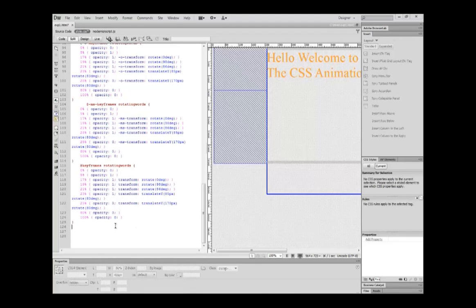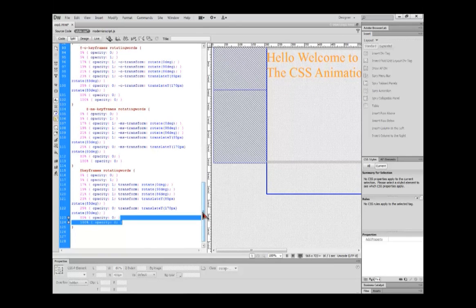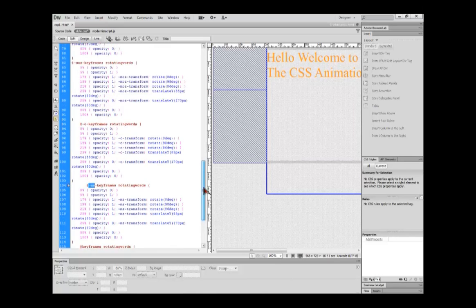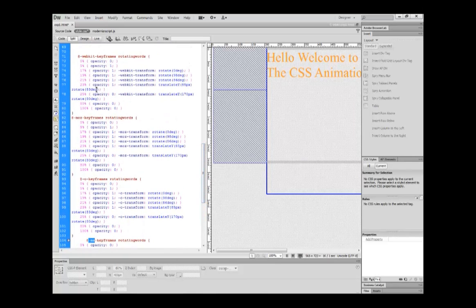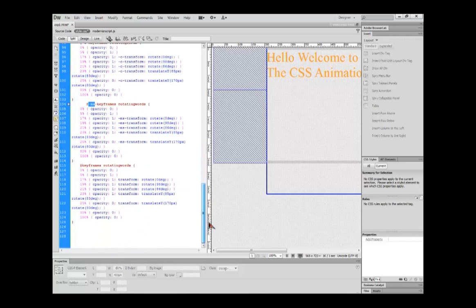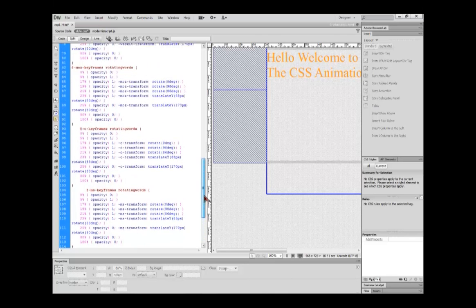So here we have seen, I have just copy pasted all the code of the keyframe, and I made the syntax for all the browsers supported, like Opera, Mozilla, WebKit, all the extensions I have given. Okay, and I have made slight changes in my animation. I have changed 20% to 19, 23 to 21, 25 to 23, and 23 to 20, 27 to 25. Okay,